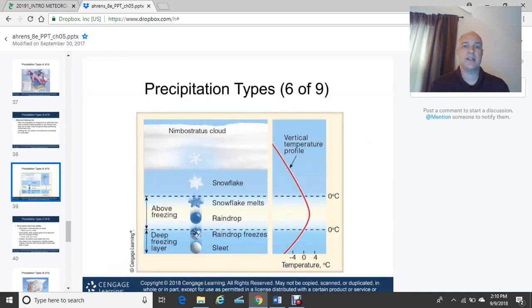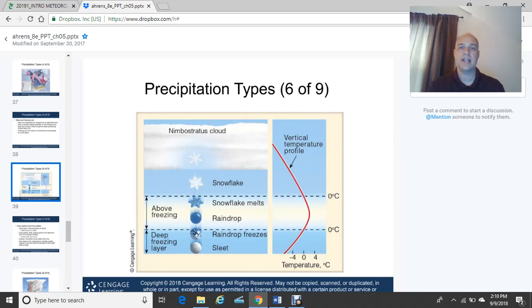All right, here's an example of the vertical temperature profile. When we talk about precipitation types, this is very, very important. Notice we have a nimbostratus cloud in the diagram. On the right, that red line indicates your temperature curve from the ground all the way up into the cloud with height. You'll notice that the precipitation starts as a snowflake in the upper portion of the diagram,